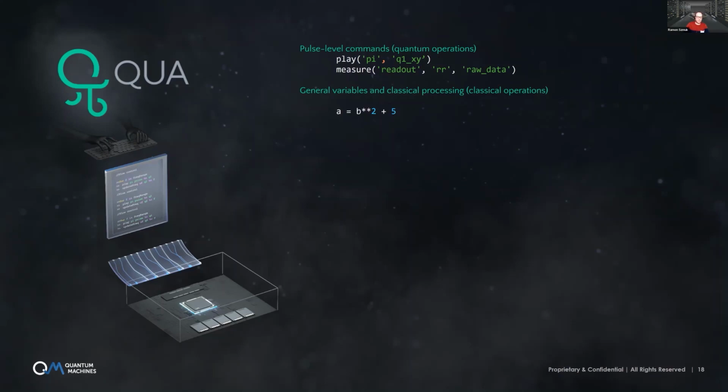So finding the maximum or the minimum of a vector, the index of the maximum, the sum of a vector, casting, and more, and the square root. We're constantly adding more and more real-time mathematical evaluation of functions. All these things are run in real time on the pulse processor. And A and B, these QUA variables, can be the result of measurements, or not necessarily. It can be any